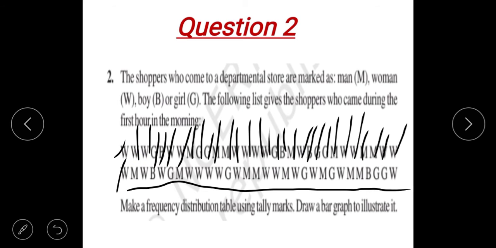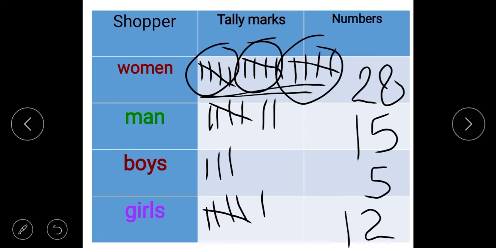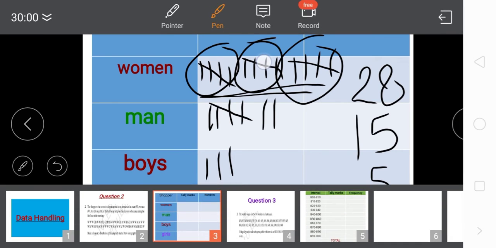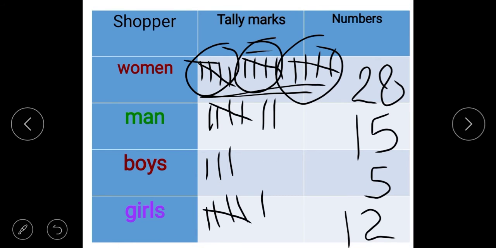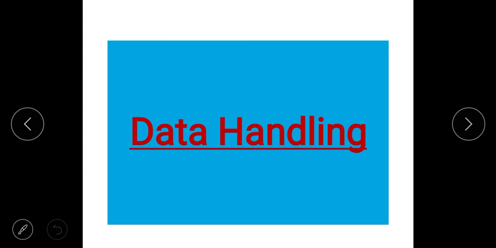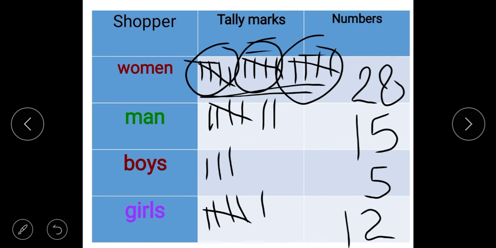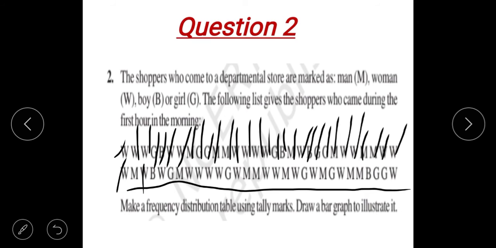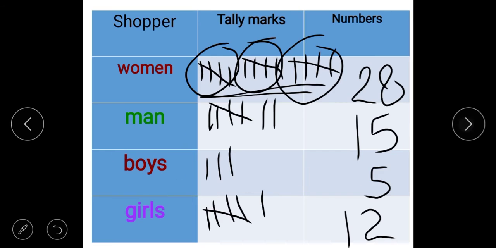When we count the remaining W, we have here 15, then 5, 5, 5, 5, 10, 5, 15. So you have here 15. Let us count 16 17 18 19 20 21 22 23 24 25 26 27 28. See, the total is 28.